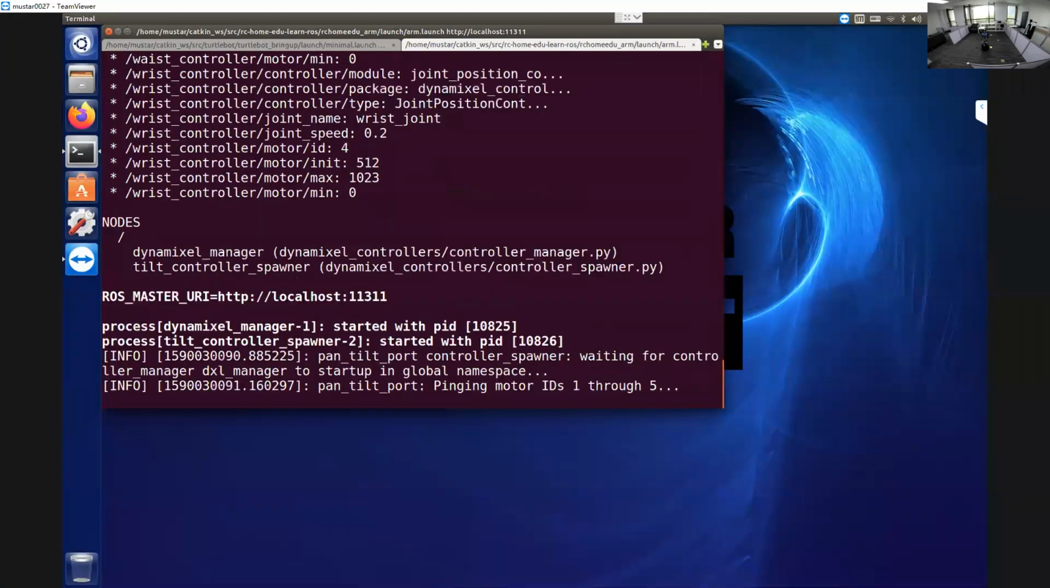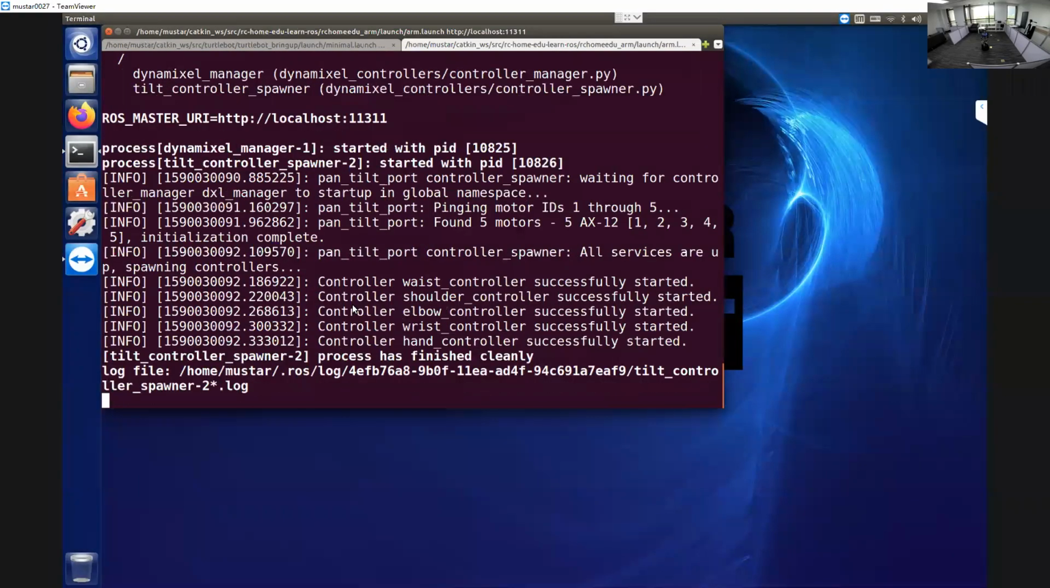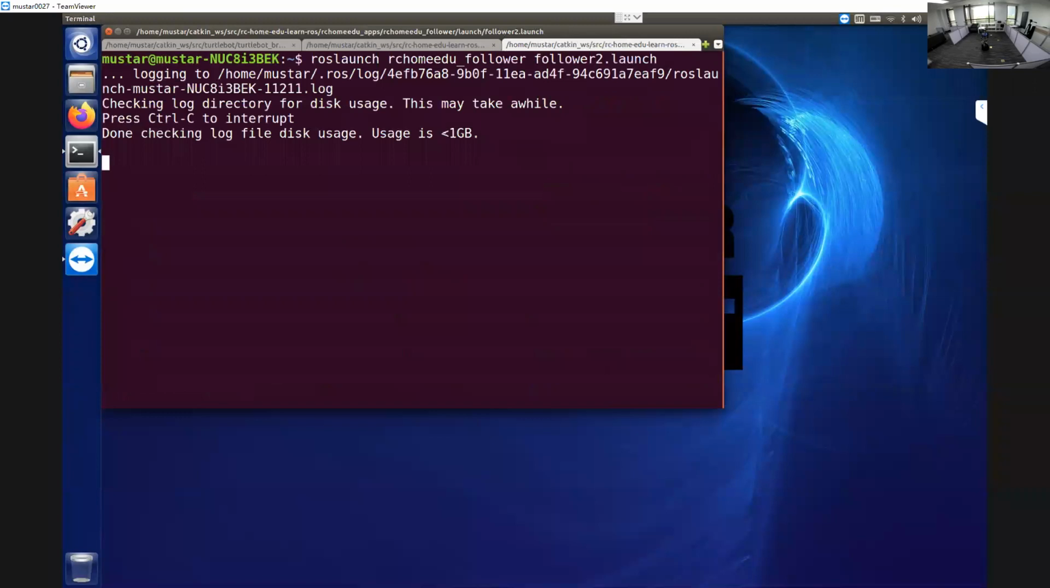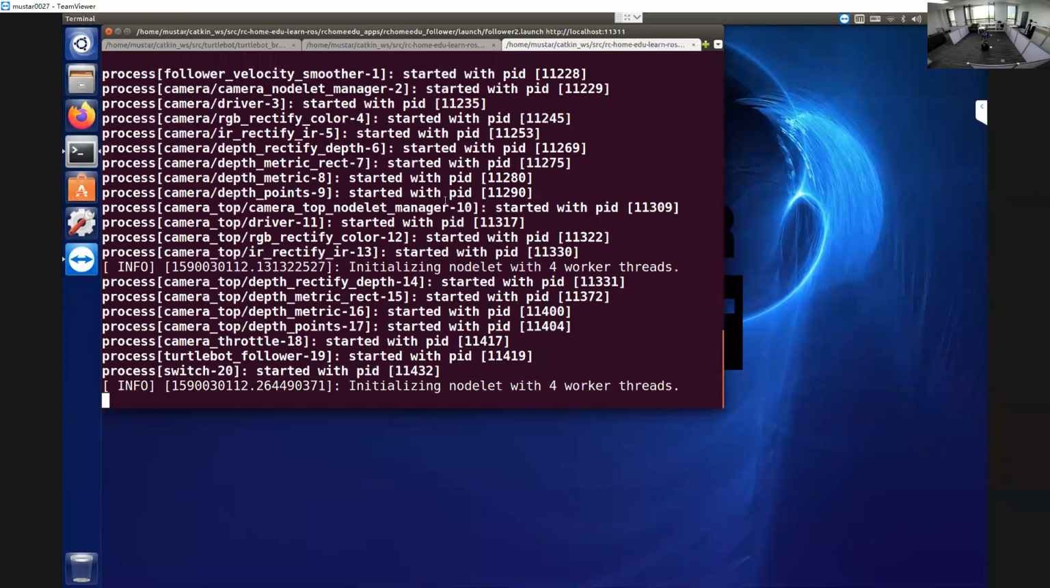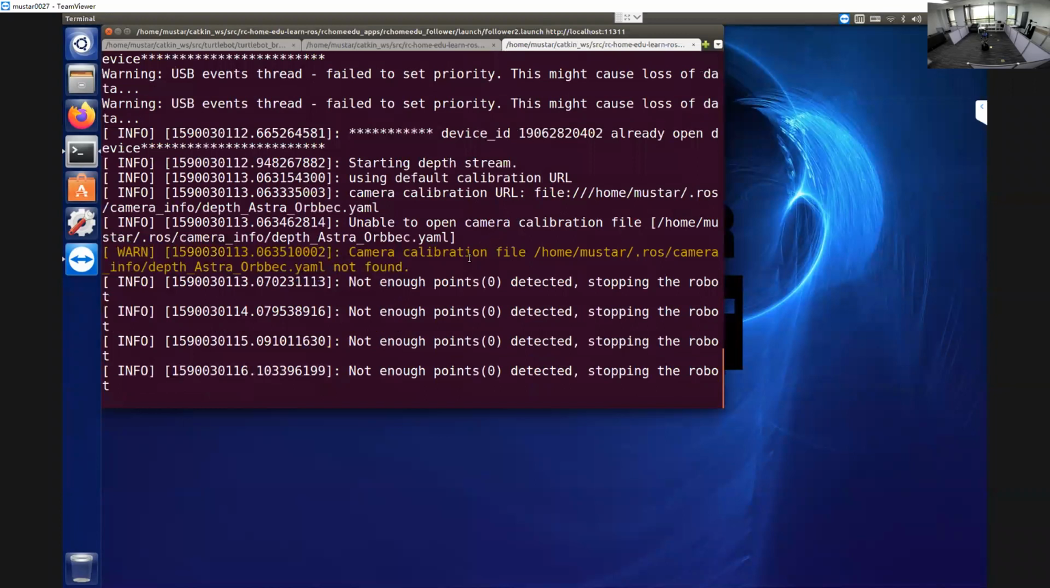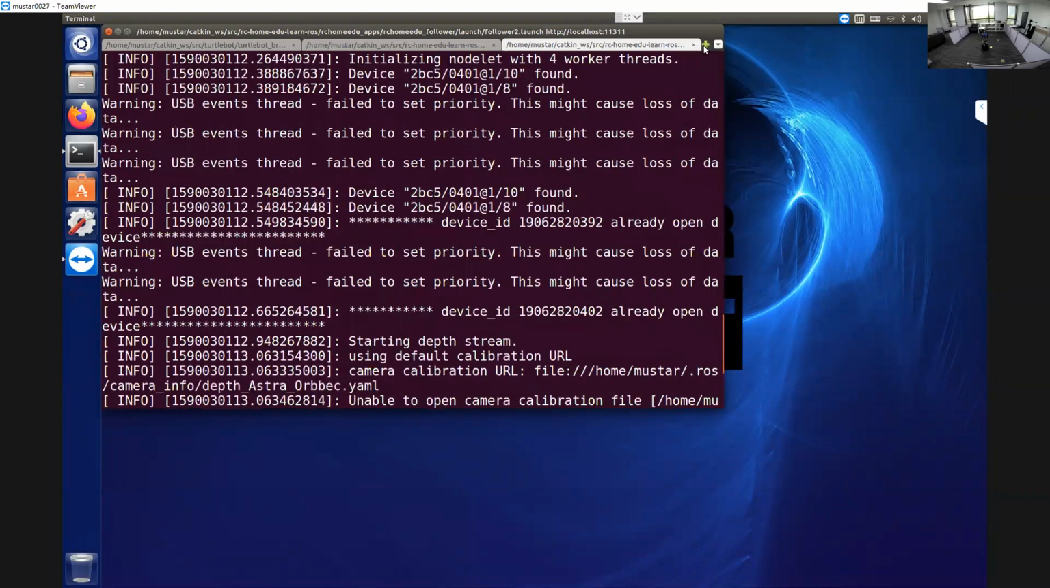Okay, we have 5 motors, and each motor has a special name to tell the arm: the waist, the shoulder, the elbow, something like this. And the third one is the follower 2. We use this follower 2 because we have 2 cameras, so we will use the topic camera, something like this. We have 2 devices. So we have used the camera at the bottom of the robot to follow the people. And the fourth one is